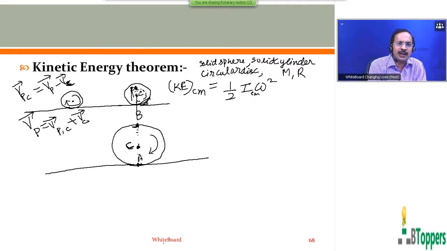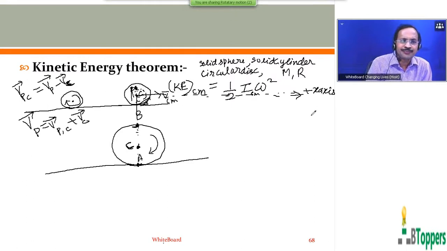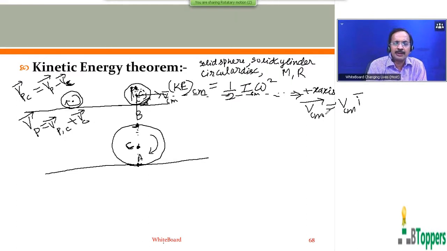So in the present discussion, the velocity of center of mass is directed to the right side. Suppose the body is rolling towards the right side. I mean, the center of mass of the body moves in a horizontal line or a straight line path parallel to the surface on which it rolls. I choose the direction of linear motion of center of mass as the positive direction of x-axis, so that the velocity of center of mass in vector form we can write as V_cm i bar. I bar is the unit vector along x-axis.